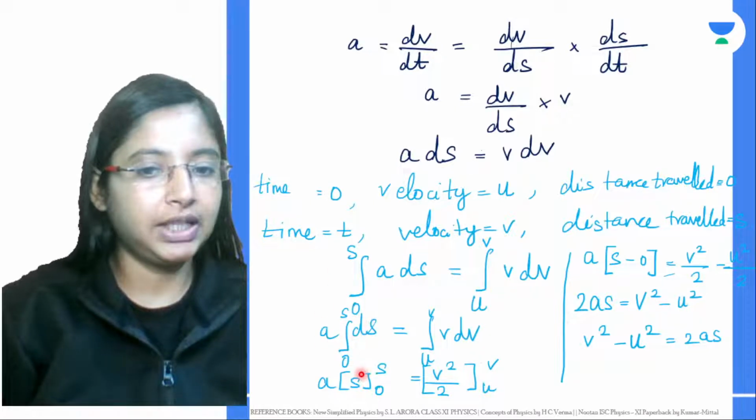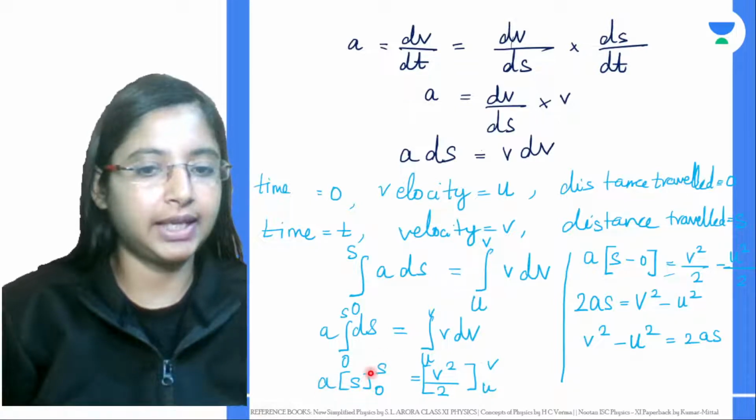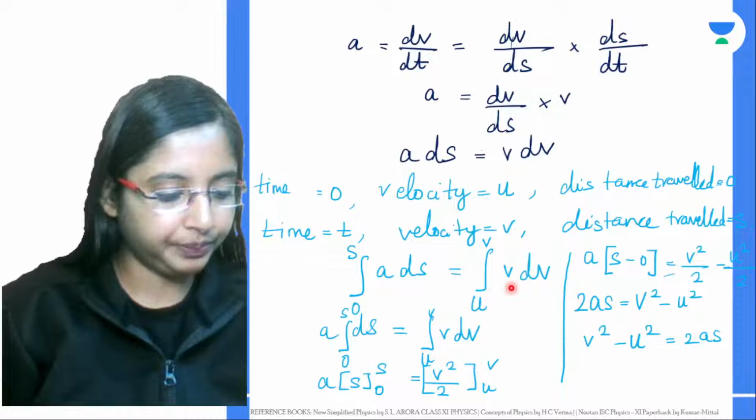So integration of ds will be s, from 0 to s. From here, if you substitute the limits, you'll get s minus 0. Similarly on the other side over here,